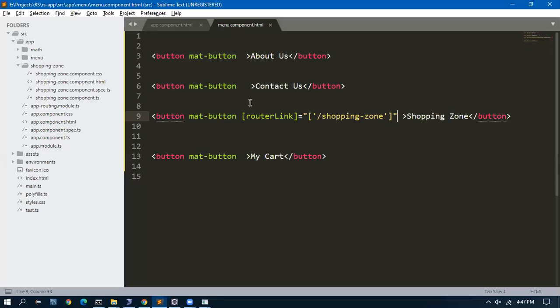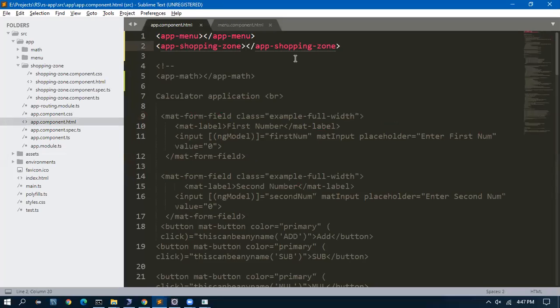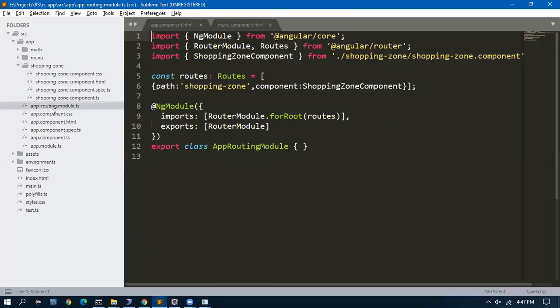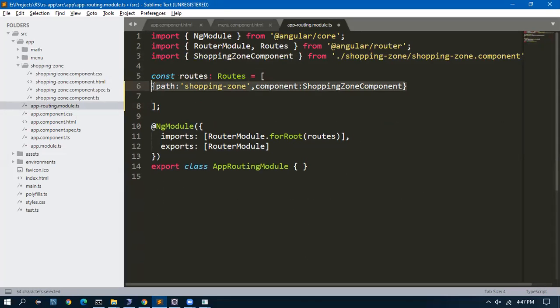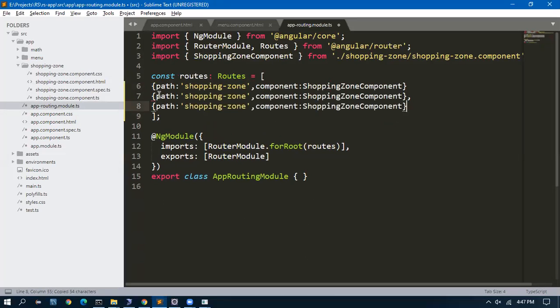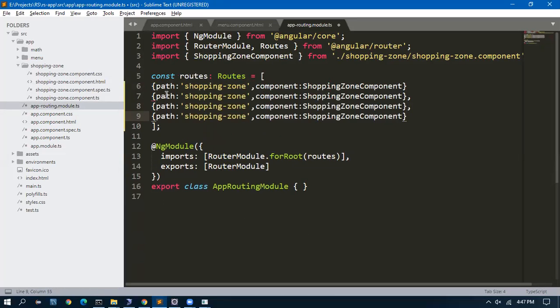Okay, so shopping zone works. When I go to shopping zone, it is coming. Shopping zone works. Super. I will quickly copy. I'll go to Angular routing and copy this, paste, comma, paste, comma, paste. I don't have any other component installed. Okay, let me leave it.